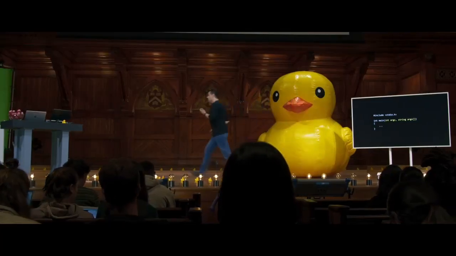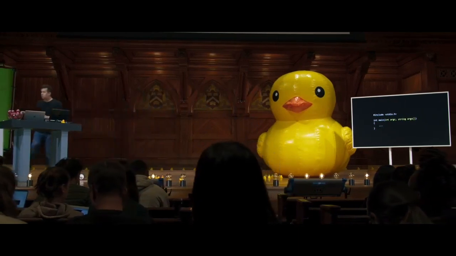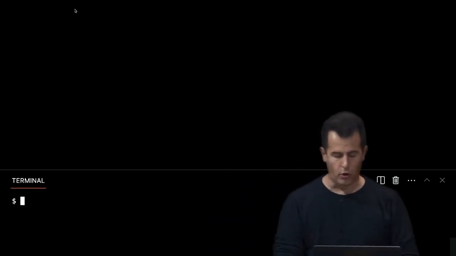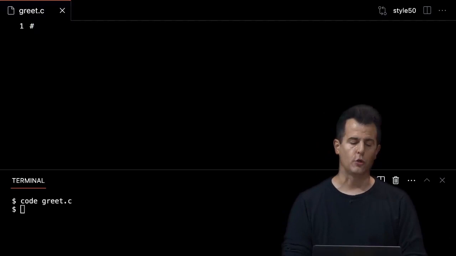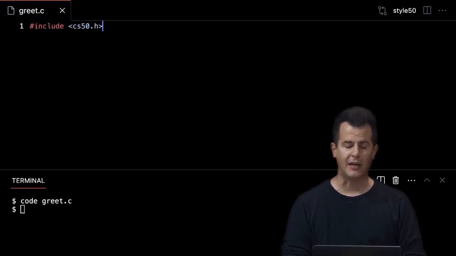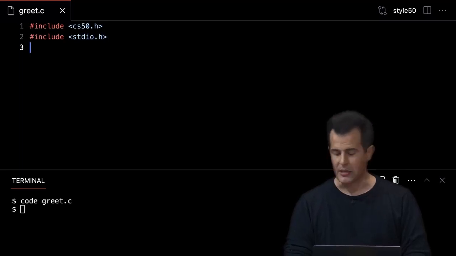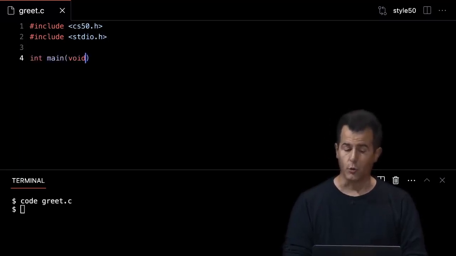So if I want to leverage this, I can start to implement some programs of my own that actually incorporate command line arguments. For instance, let me go back in a moment to VS Code. Let me create a program called greet.c that's just going to greet the user in a few different ways. Let me first do it the old way: CS50.h, and stdio.h. Let me do int main(void) still, so the old way.